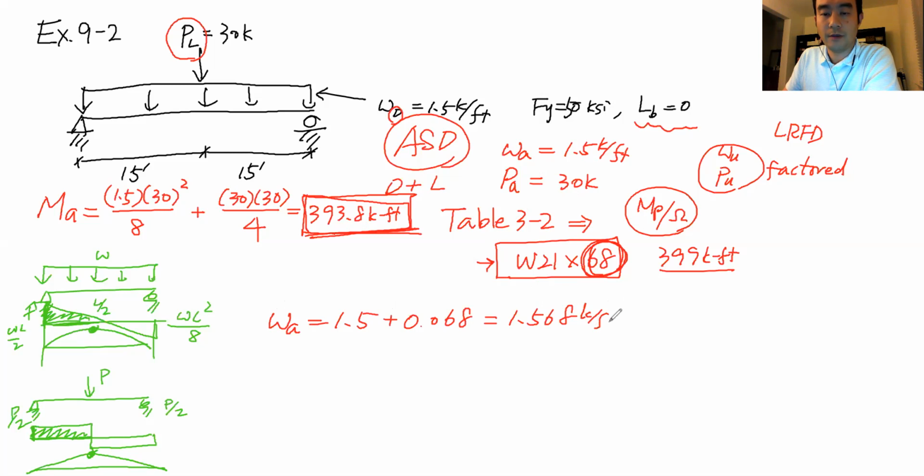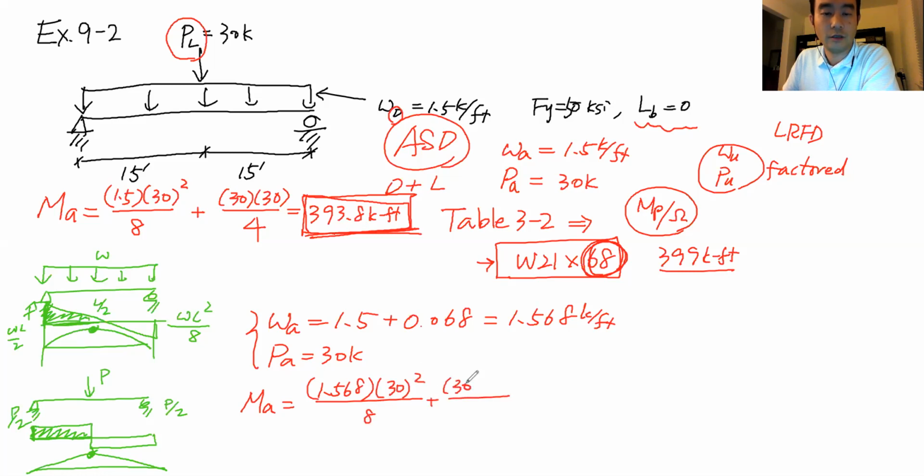The unit is kip per feet. And Pa is still the same, 30 kips, because there's no difference. So we can update our Ma calculation. Ma now is equal to 1.568 times 30 squared over 8 plus 30, the load, times 30, the length, divided by 4. I got